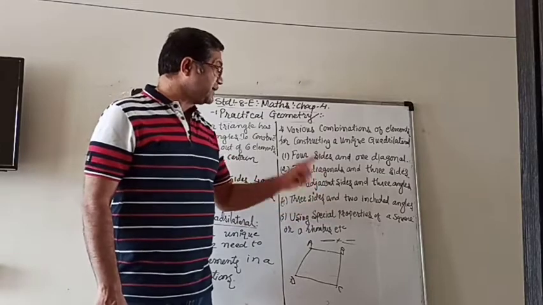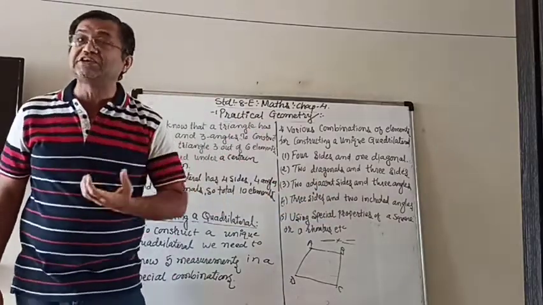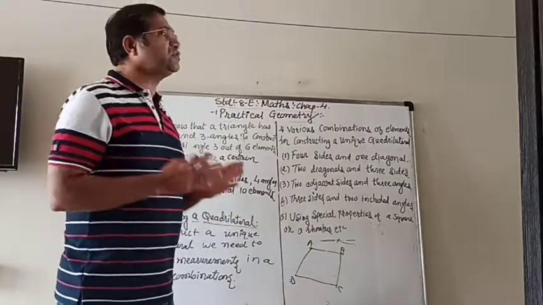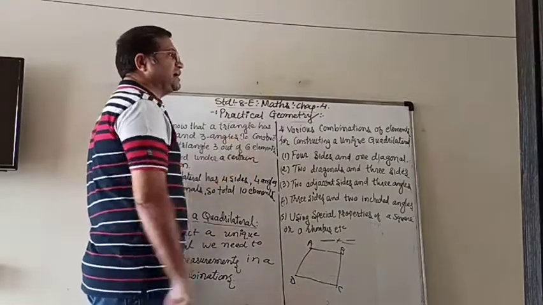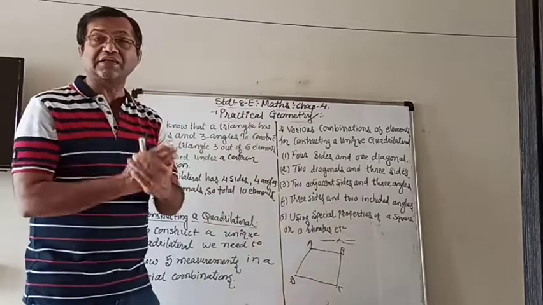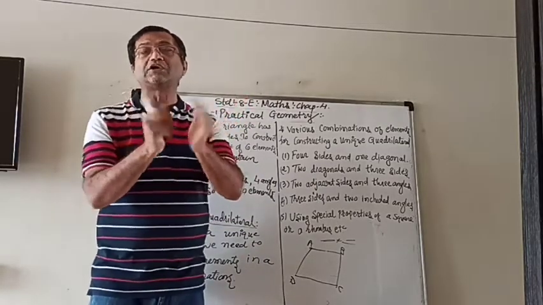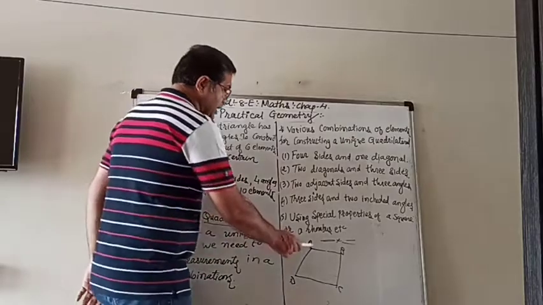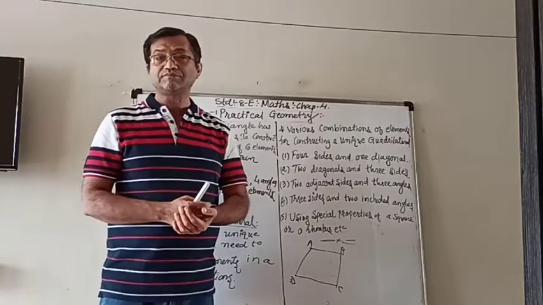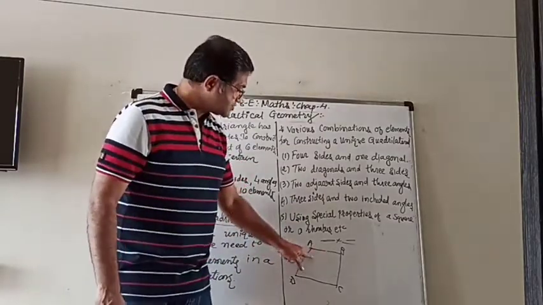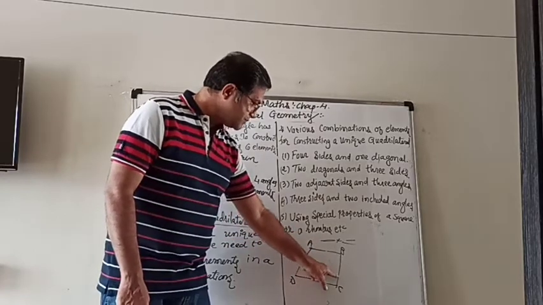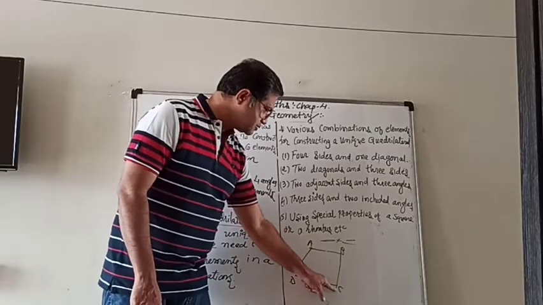3 sides and 2 included angles. Now what are included angles? That also, first let us understand. Included means when there are 2 sides and the angle is formed by those 2 sides, then that angle is known as the included angle of those 2 sides. Suppose we take side AB and side AD. So which angle is between them? Obviously angle A. So angle A is the included angle of line segment AB and AD. Similarly, angle C is the included angle of the 2 sides.